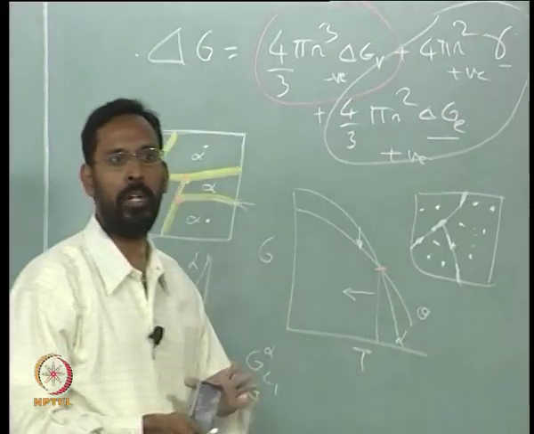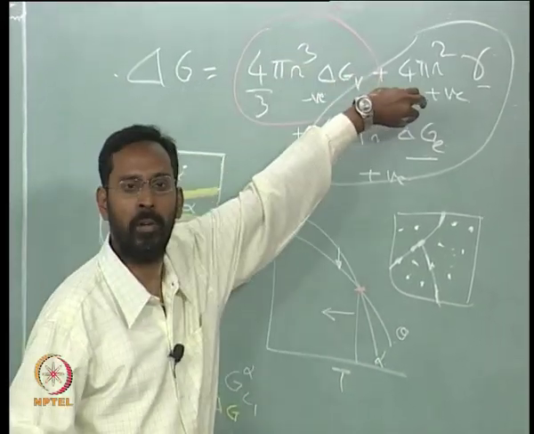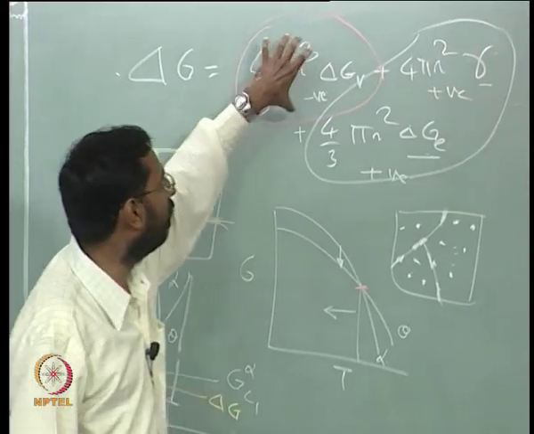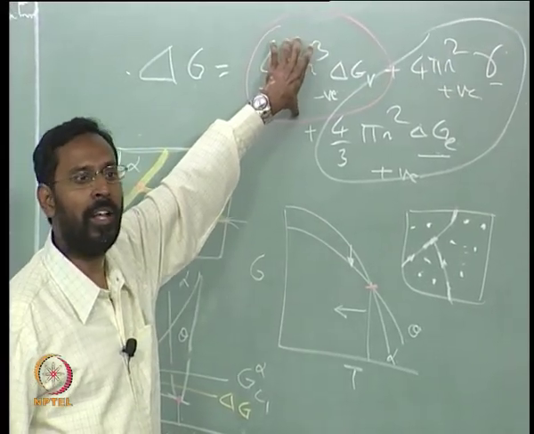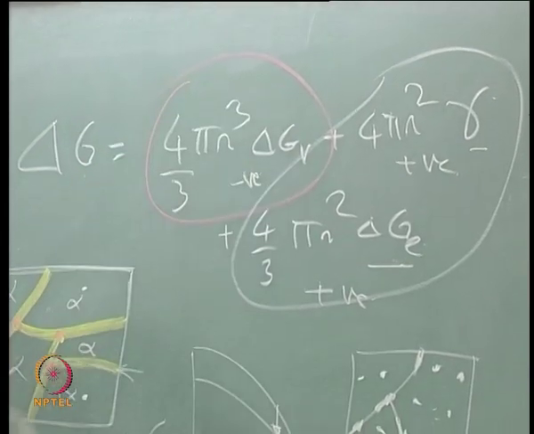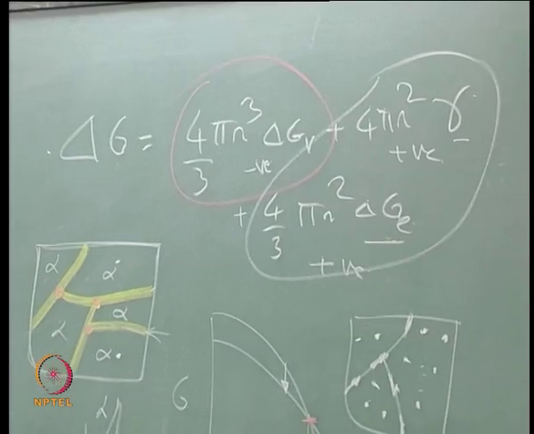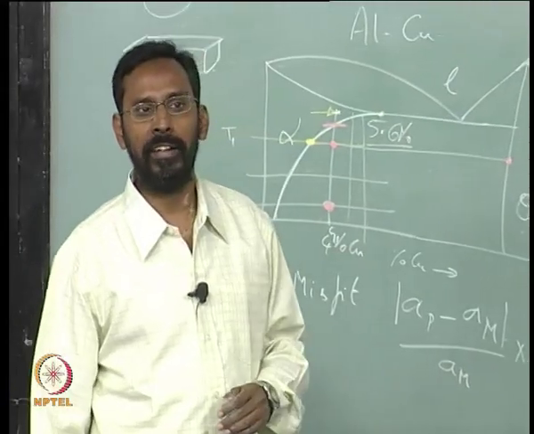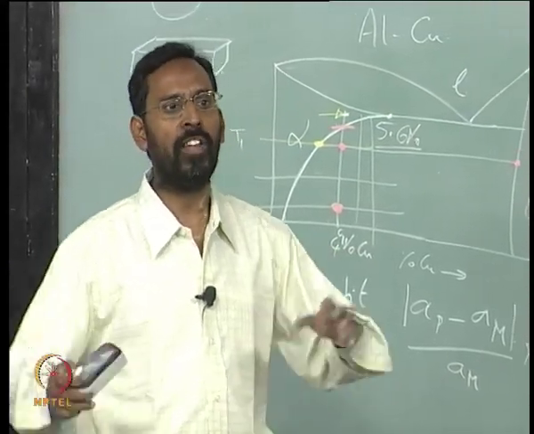The system wants to minimize this overall thing because both are positive. This has to be somehow minimized, and if you can minimize this, this driving force that is available can be utilized for the precipitation. As long as this is larger than this, you can never have precipitation, and that is how you see the GP zones come out first in the aluminum copper, and these GP zones as they grow,